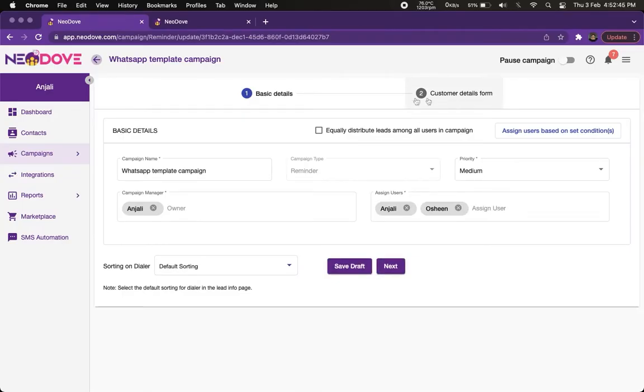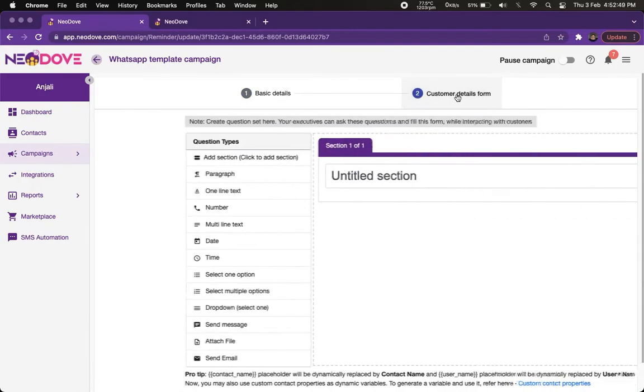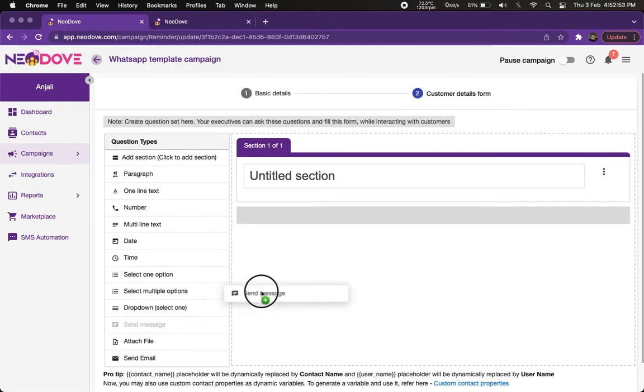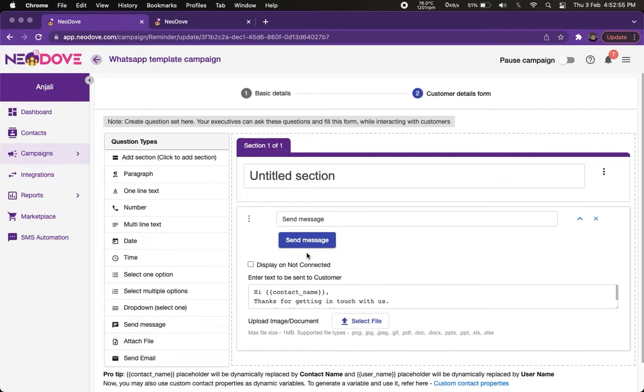Currently we are at basic details, so we need to go to the customer details form. In the question type you can see send message. Drag and drop it over here. Now what you can see is the default template that we have created, but you can definitely edit it and make it as per your